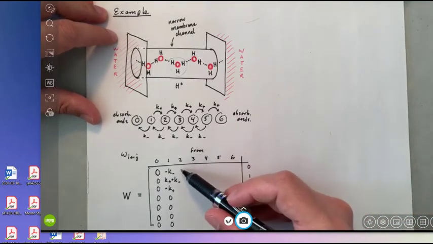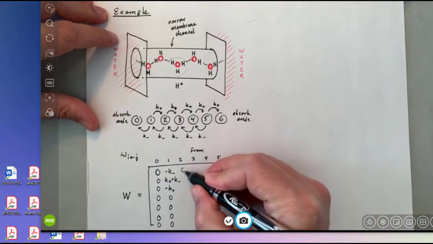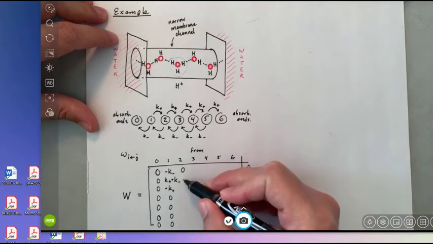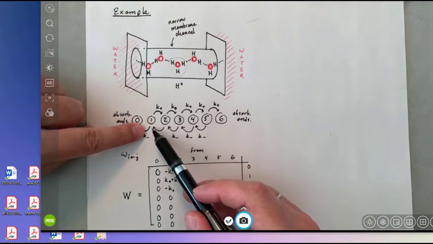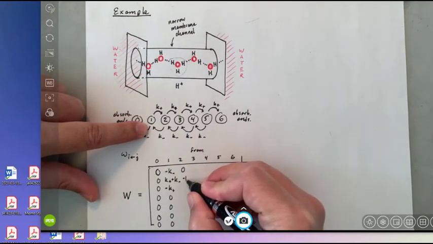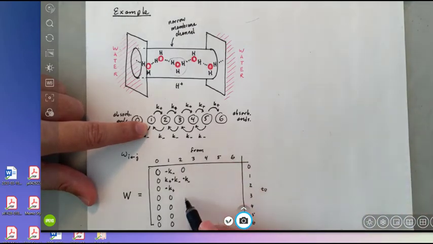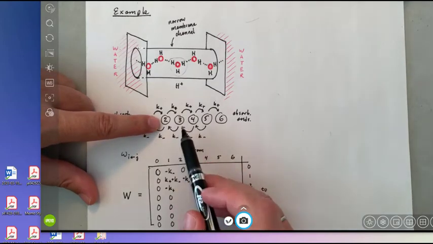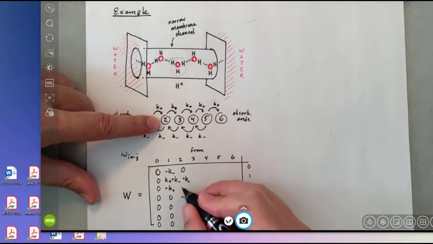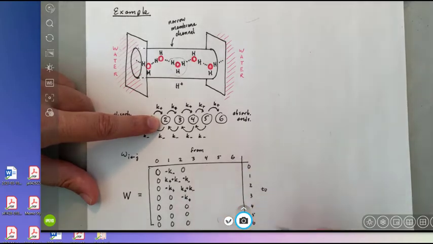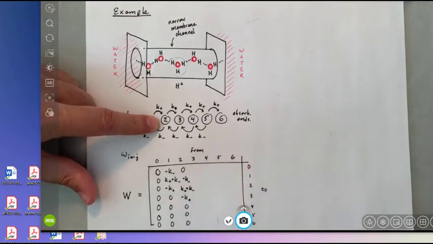Okay, let's do this matrix element now. We're going from state 2 to state 0. There are no non-local hops in this transition matrix, so I'm going to get a 0 here. What about 2 going to 1? Well, I can look at my diagram and I can see 2 to 1 was a K minus again. So that one's going to be minus K minus. And then I also know that going from 2 to 3 is going to give me a K plus again. So minus K plus. And then here, I'm going to get the same thing. All right? So now we have filled in 1, 2, 3 columns of our transition matrix,